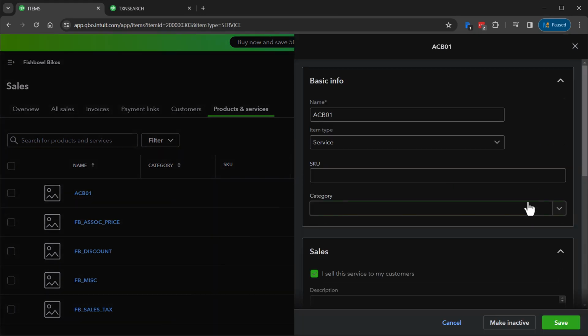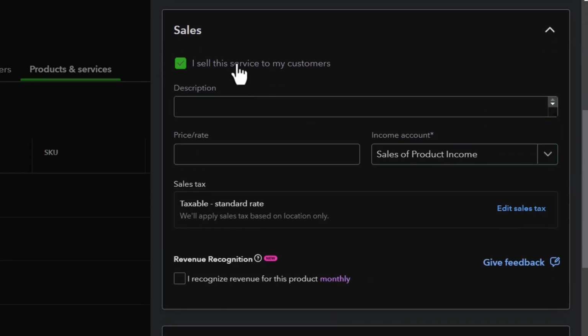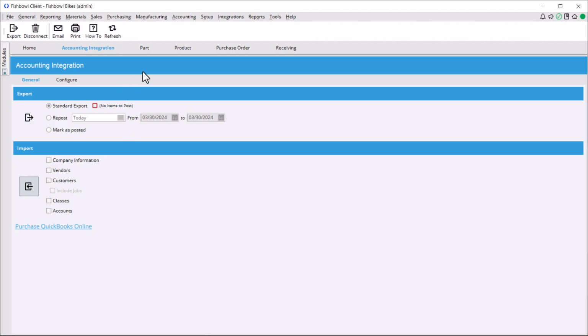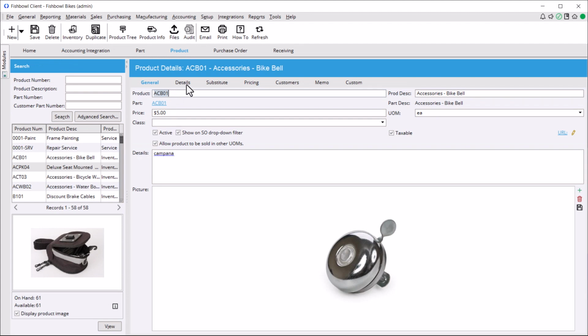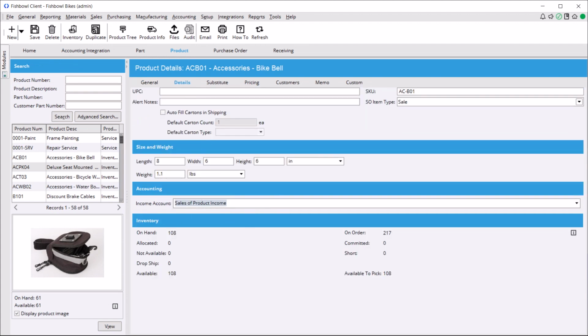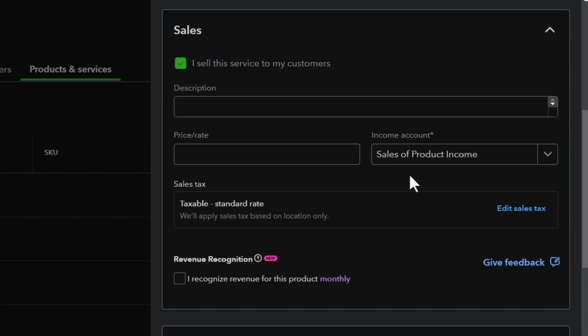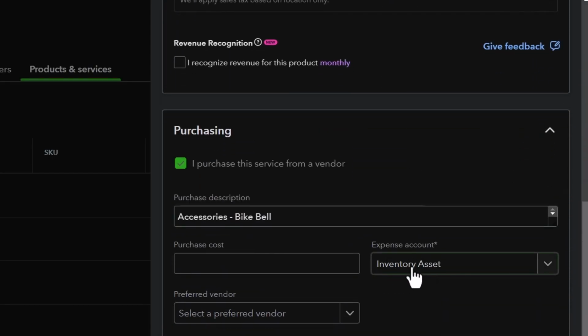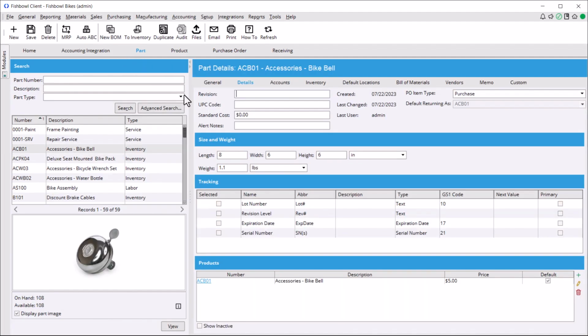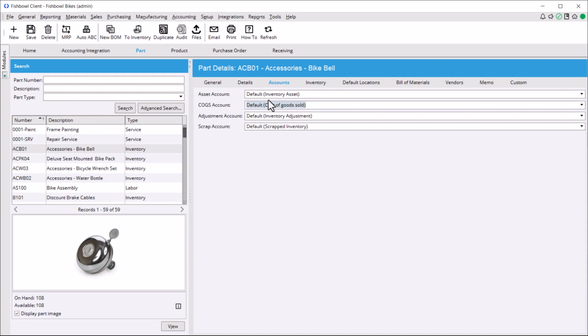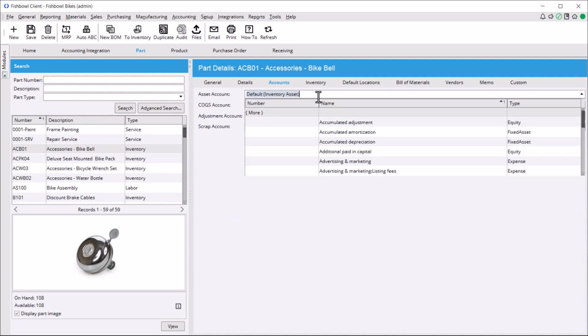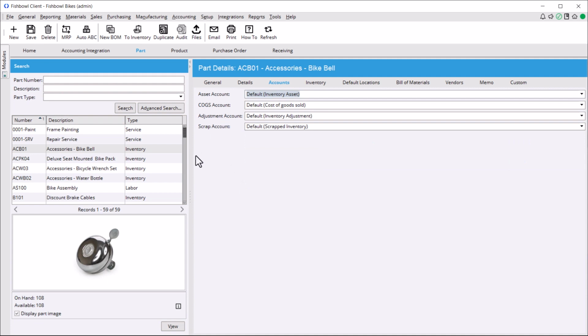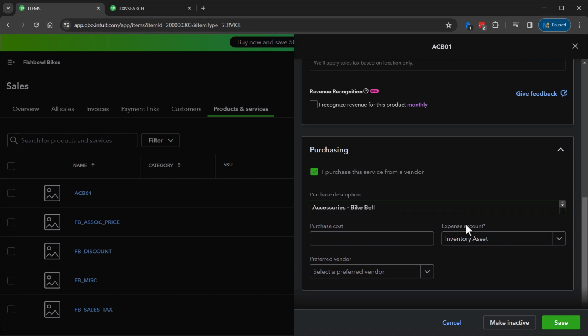If I edit it, we'll see the accounts. So for sales purposes, it's using this sales of product income. That is the account that I had set up here in my product. If I come over to details, sales of product income, that's what I have set up. And then for the purchasing, it's using inventory asset. If I come back to Fishbowl, under my part, the account that's here is the inventory asset account. That's what's used for purchasing. So it brought over what I had in Fishbowl to QuickBooks Online in order to create this new service item